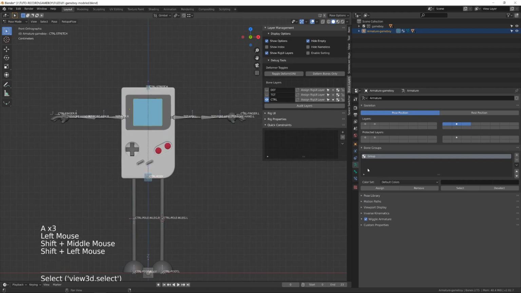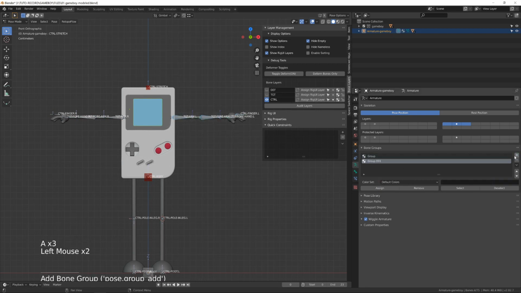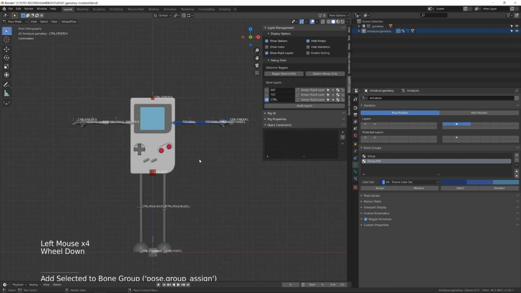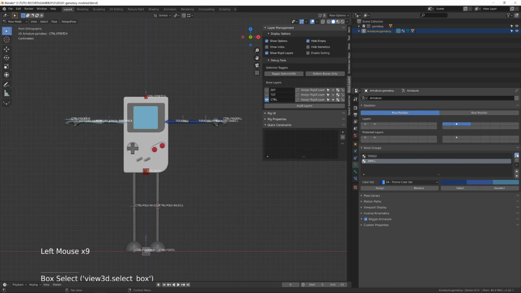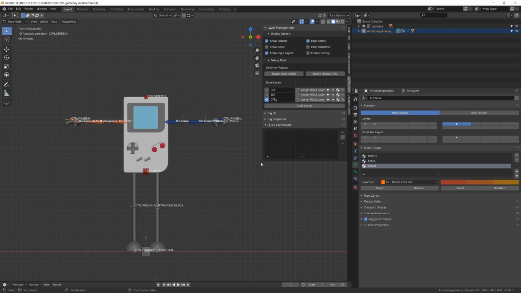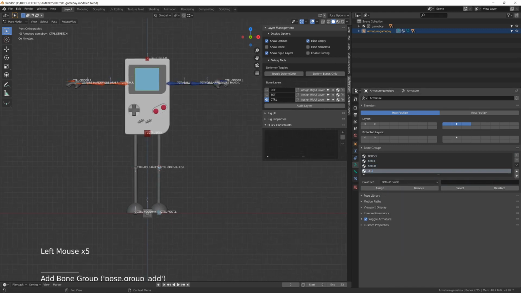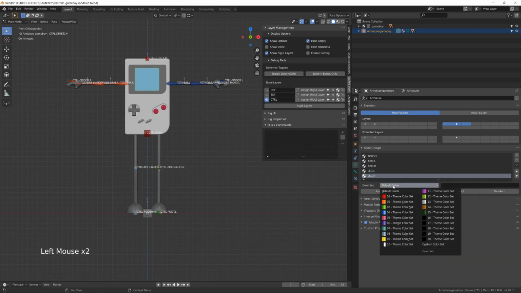So you can create as many bone groups as you want, select a color and assign the selected bone to this group. I will create a second group, set it to blue for example, and assign all the left arm bones. I will do the same for the right arm, the left leg and the right leg, and you can also name those groups, assign different colors, do whatever you want to make it more readable.